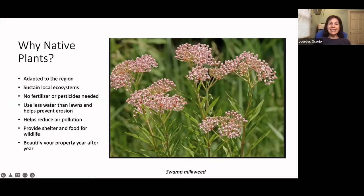Okay, so let's talk about why native plants. Well, native plants are adapted to the region where they have developed over thousands of years. So they are best adapted to the climate conditions there, to the soil conditions, whether wet or dry, to whatever funguses and whatever other diseases there are. They are best adapted to deal with them. And they are the ones that have grown with the local ecosystems and provide nourishment to the local native insects and birds. Okay, plants from China have not developed with our local native wildlife, and they do not provide what our